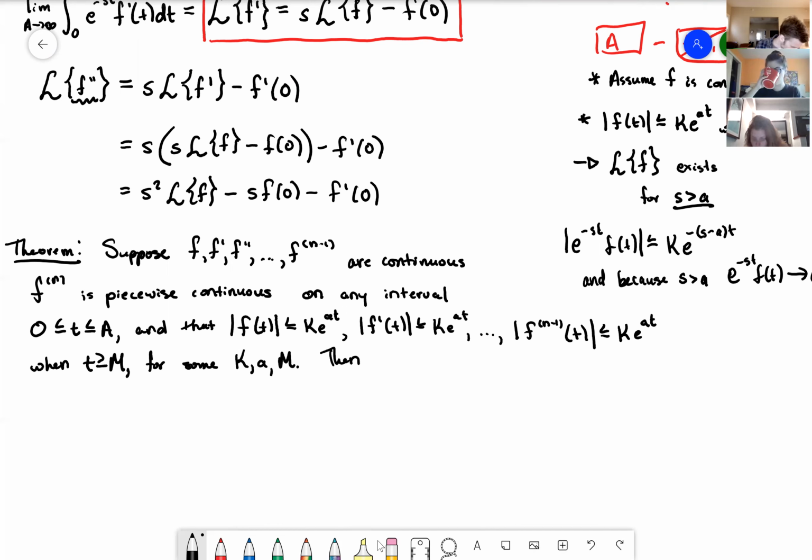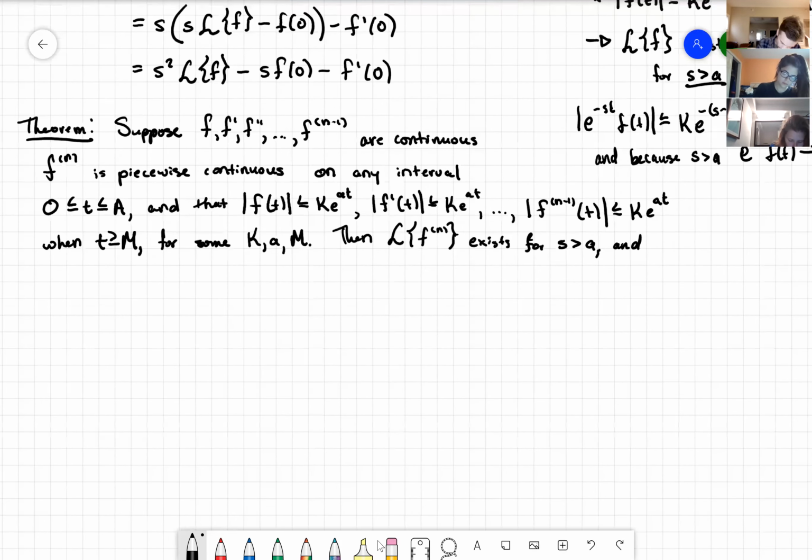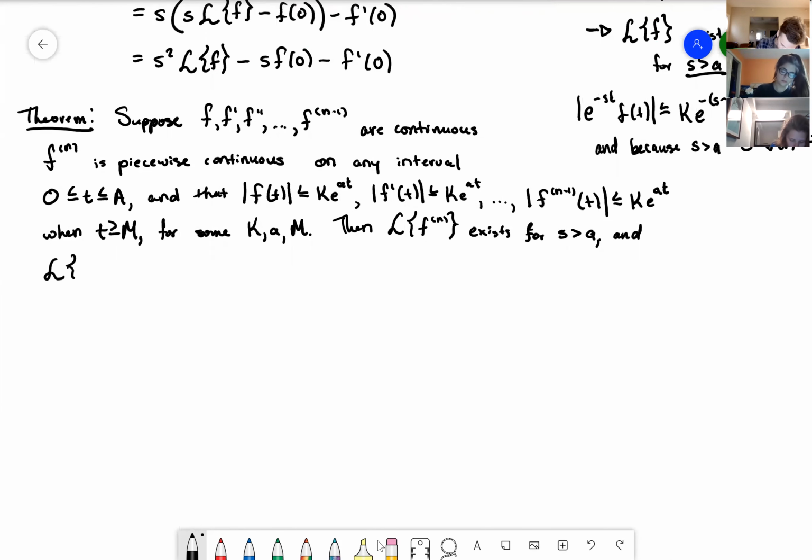Then the Laplace transform of the nth derivative exists for s greater than a, or in the complex plane, the real part of s is greater than a. And we have a formula. The Laplace transform of the nth derivative of f is equal to